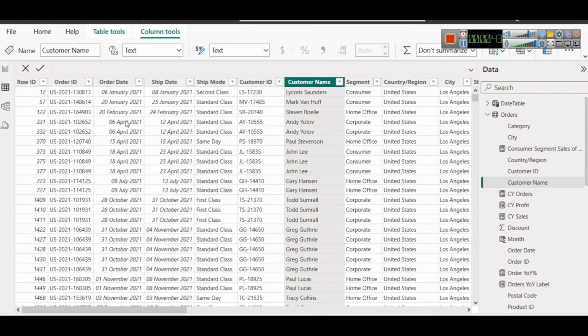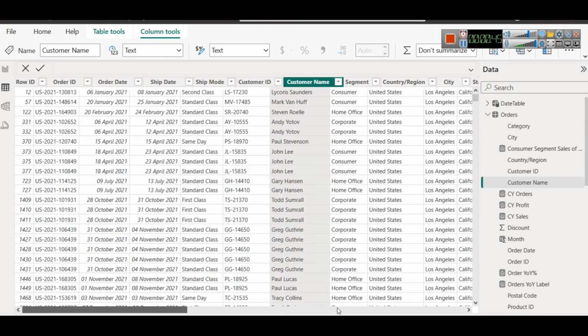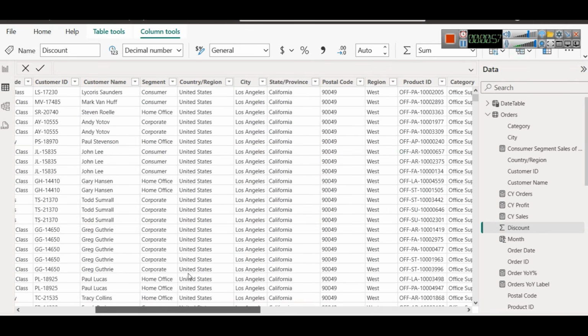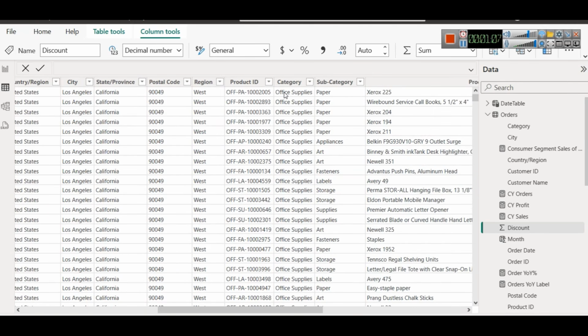Shipping date is there, order date is there, and important things like sales, profit, quantity, discount on that particular order, and whether the order was returned, yes or no. So this type of information is there along with demographic details of the customer like state, province, region, etc., and product